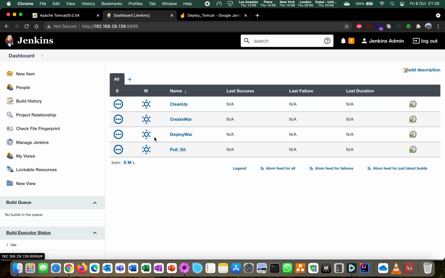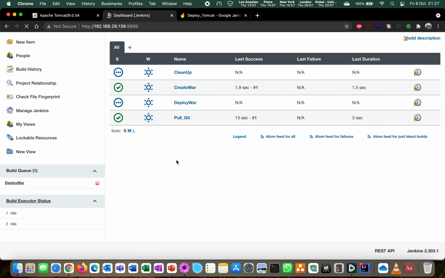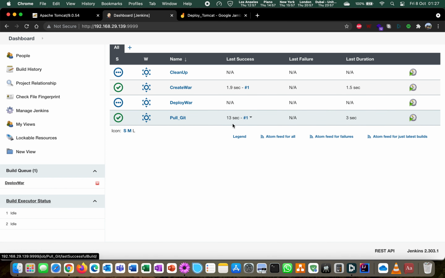So since cleanup is not essential for the first step, we will execute from pull git. We'll build this job, so you can see that this particular war file is in the build queue and pull is being executed. We just refresh it, you can see that it's successfully being executed.